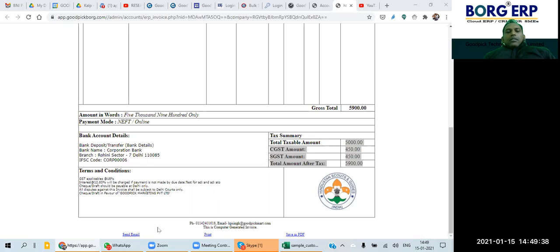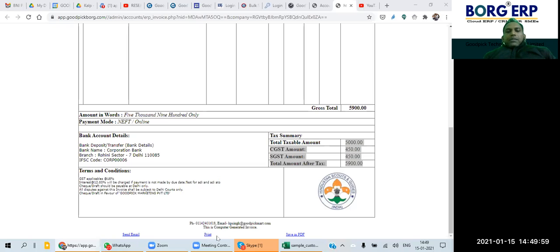And at the time of generating the invoice, we have seen there was one box to keep one more email ID in the CC. So you can do that, and it will get delivered.